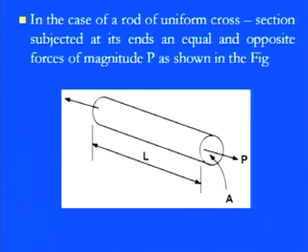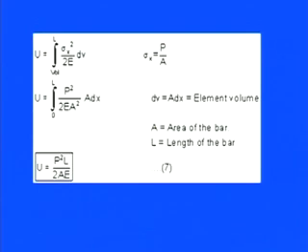So for this particular diagram we can simply calculate the strain energy as U equal to the integration over this volume with length L of sigma x square by 2E into dV. Since in this cylindrical part it is pretty easy to calculate the area, and area into dx will be the volume, here the U is the integral from 0 to L of sigma x square